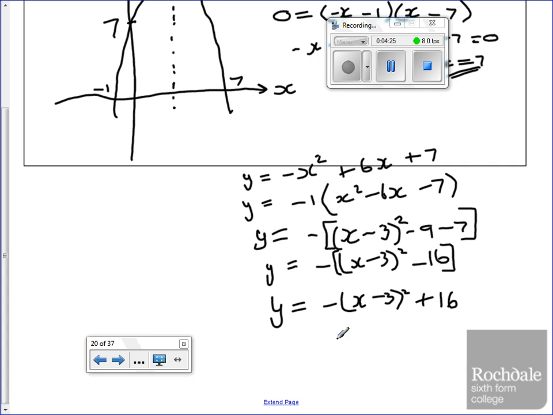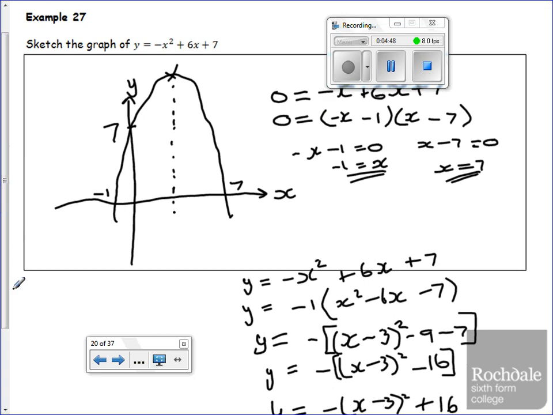So we know the vertex is at, it's the opposite sign to what's in here, so instead of minus 3 it would be 3, and the y value would be 16. So the vertex of the graph is at (3, 16). So if we just lastly label that on the graph up here, (3, 16), we can tell by the symmetry